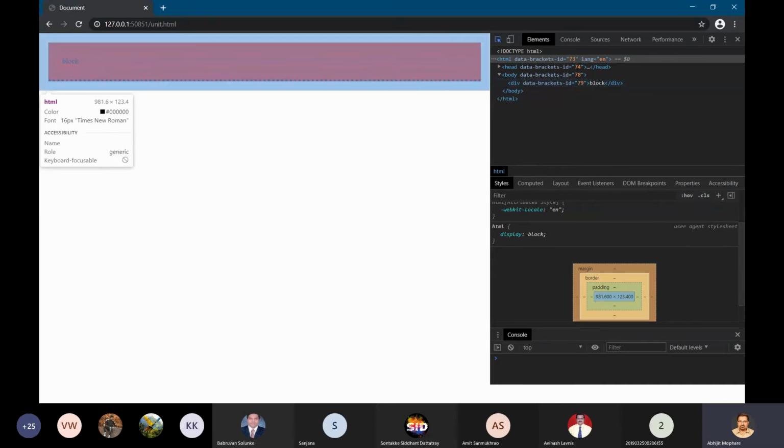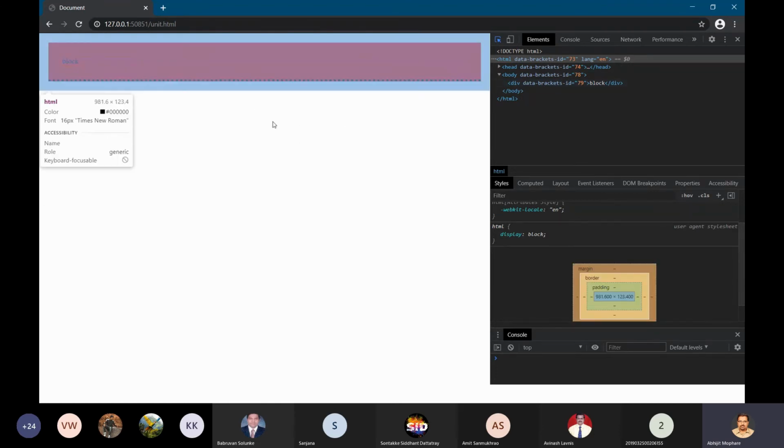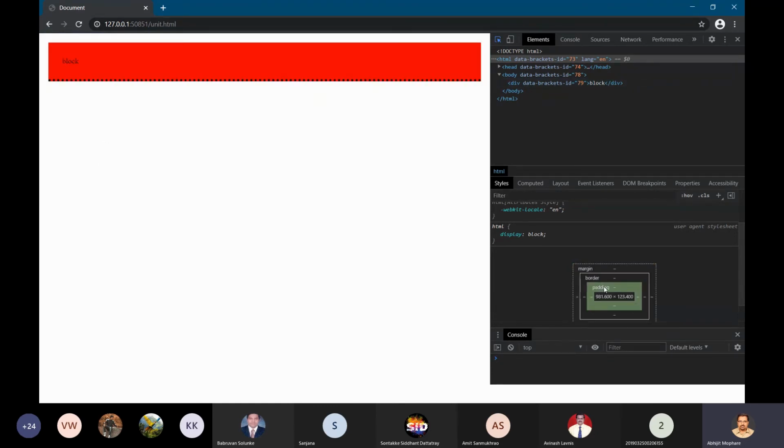So these three properties, have you got this? This block of letters, whatever code and characters I have written, is called content. The surrounding space that is occupied is called padding. After padding comes the border, and after border comes the margin. So margin is always outside. Whenever we have two consecutive elements, the distance between the two elements is decided by the margin, while the distance between the content and the border is decided by the padding.